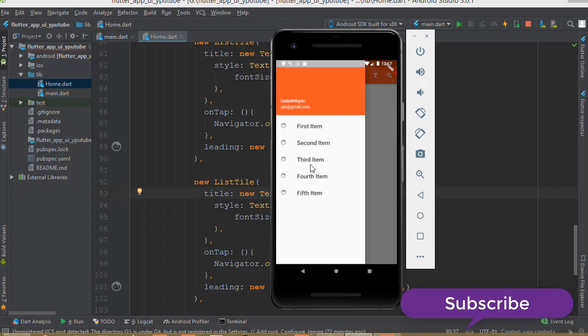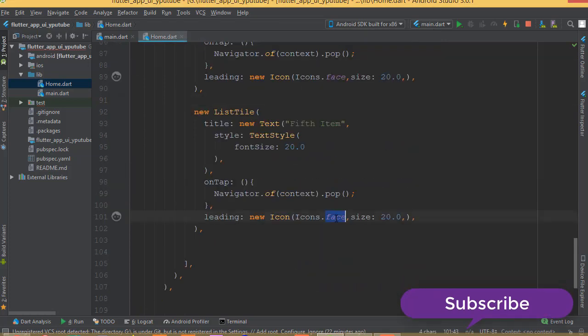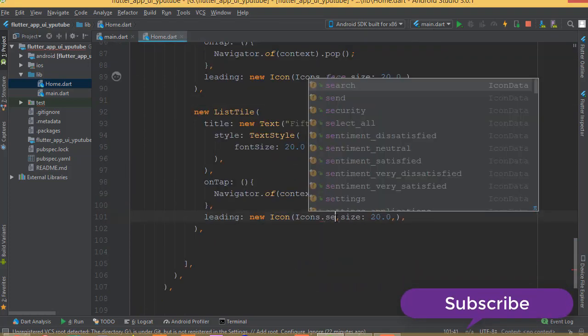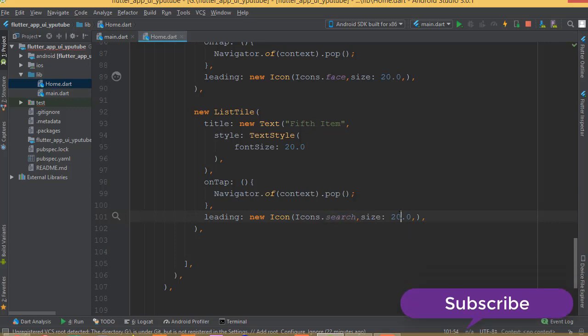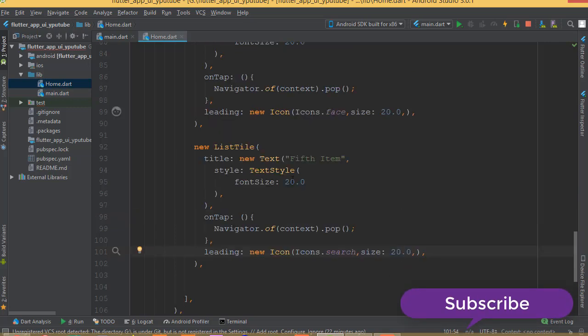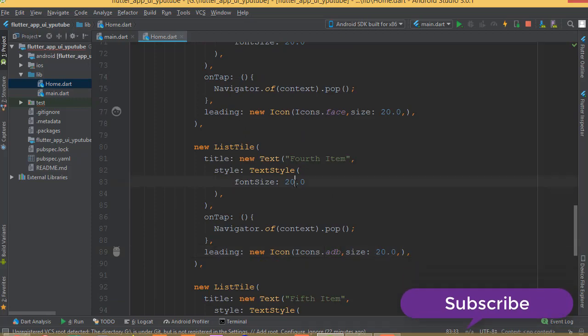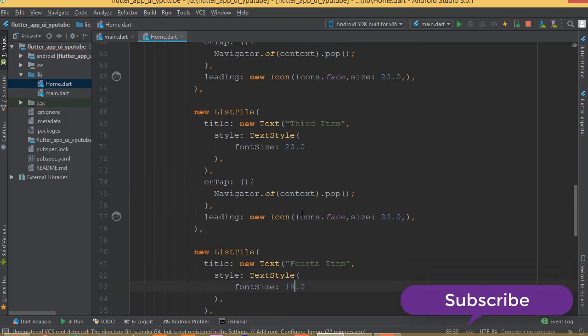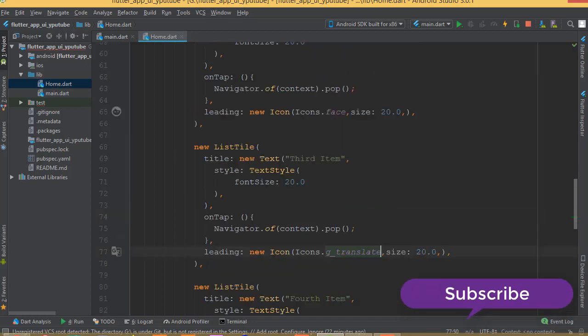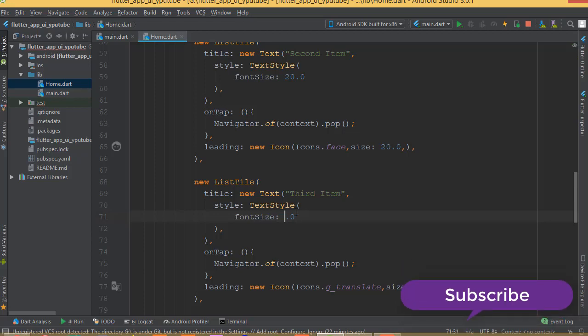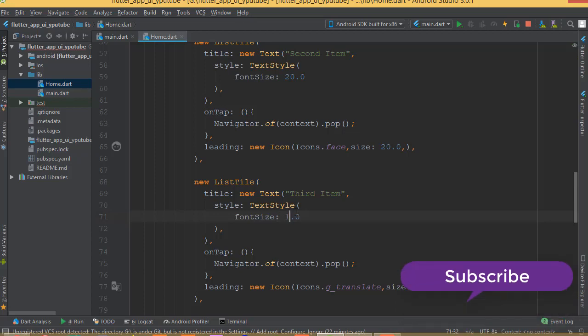Okay, so if you want to change the icon, then you can change it also. Then you can say the search, and I don't think this icon size should be okay. Let's do one thing, remove the font size of title. It will be good at 18 maybe. So face to adb, change to 18, and face to gtranslate, whatever, I don't know, whatever icon it is showing, I'm just adding randomly. Okay, so 18,